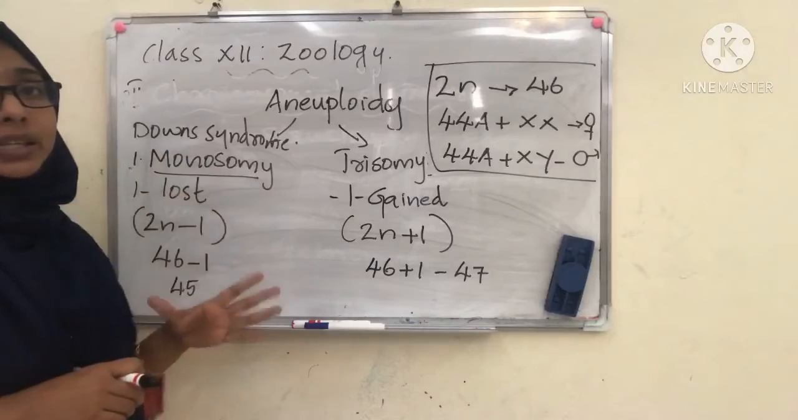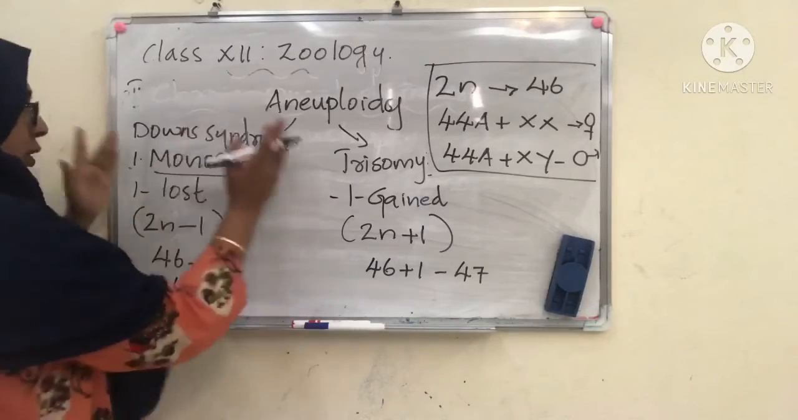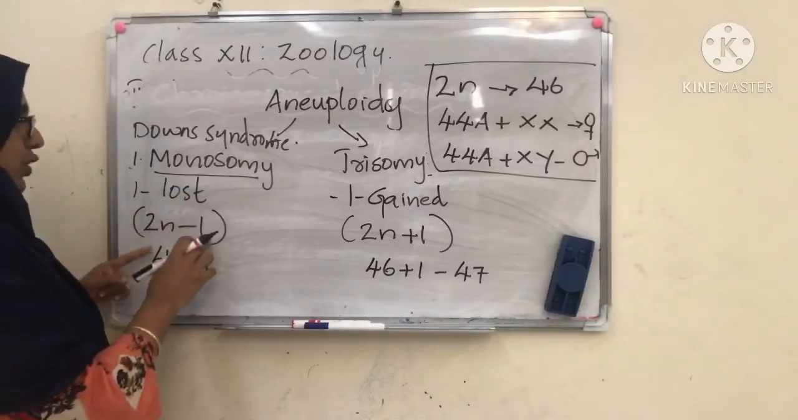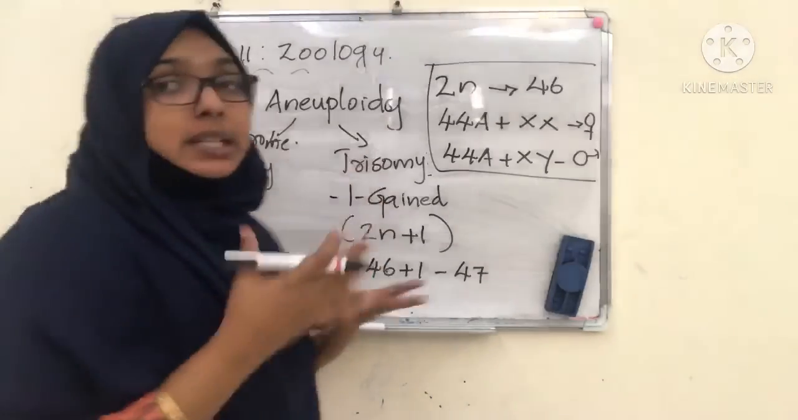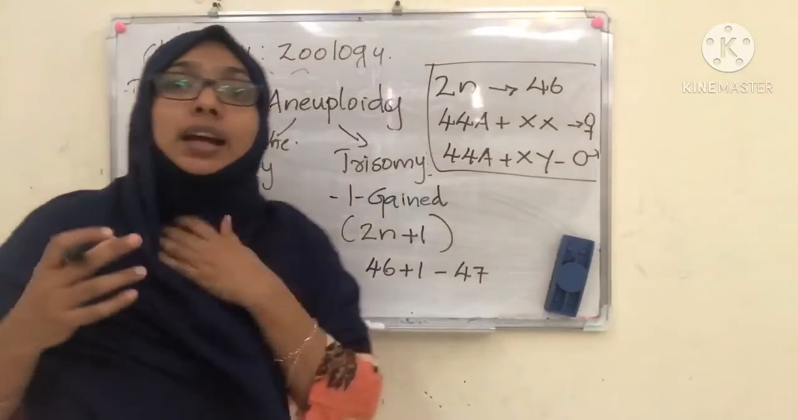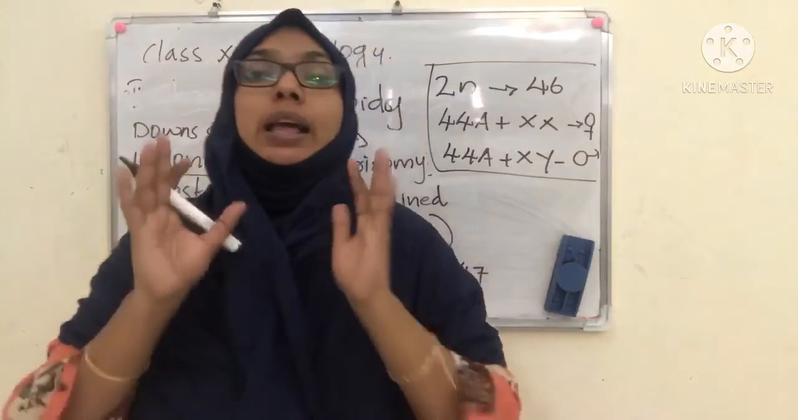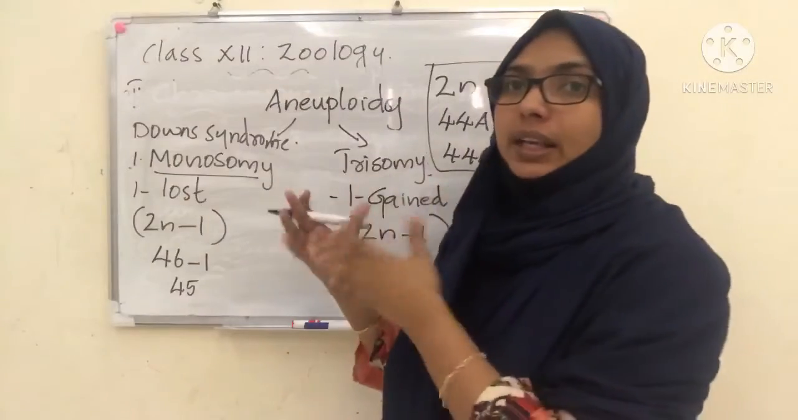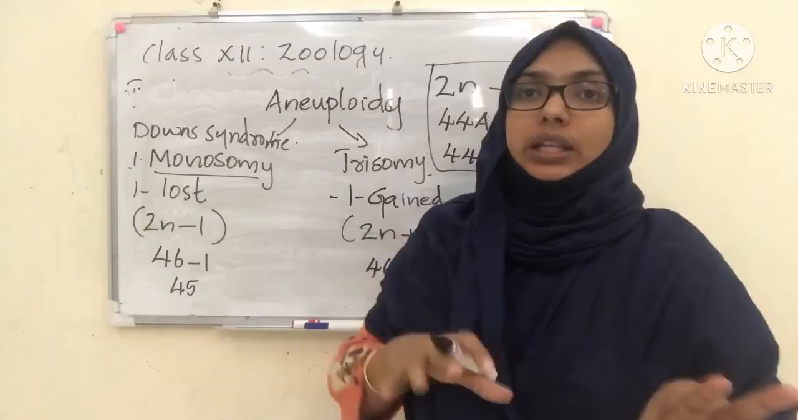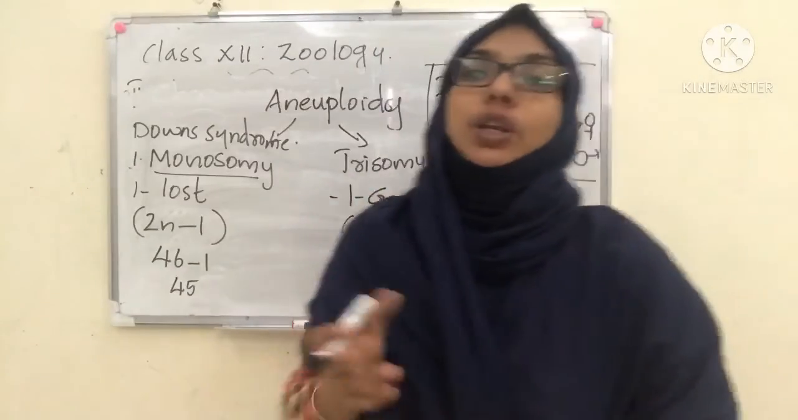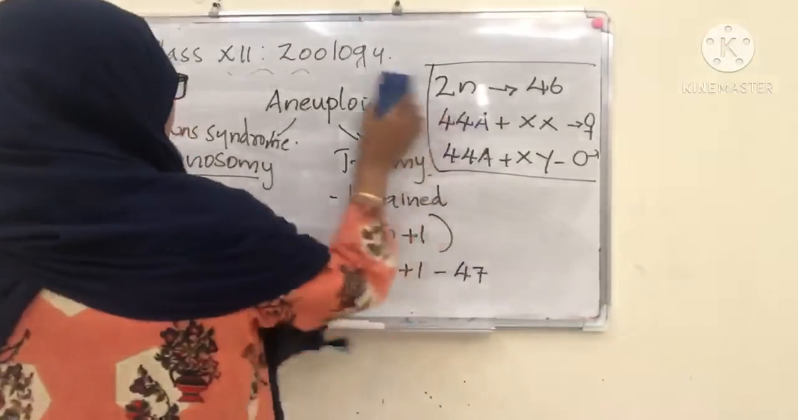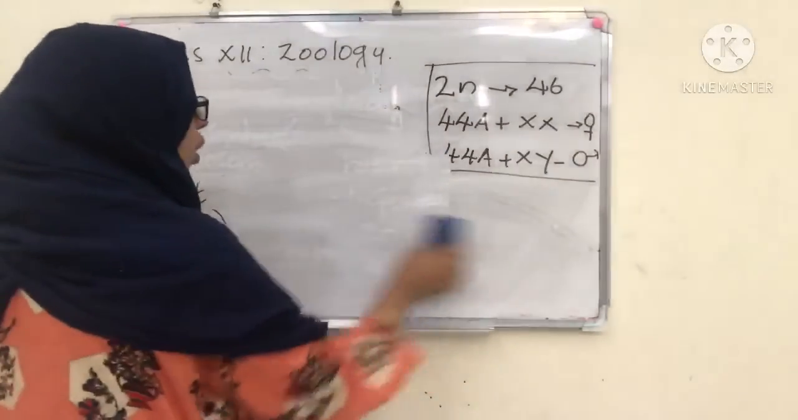Okay, I hope it's clear what is aneuploidy, what is monosomy, what is trisomy. Here one chromosome is lost, here one chromosome is gained. Altogether, it alters the normal chromosome number from 46, changed by either the deletion or the addition of a chromosome. Is that clear? Okay. So one more term you have to study,